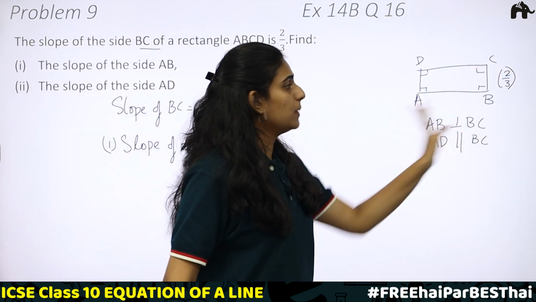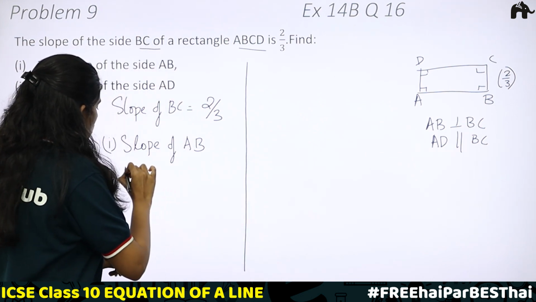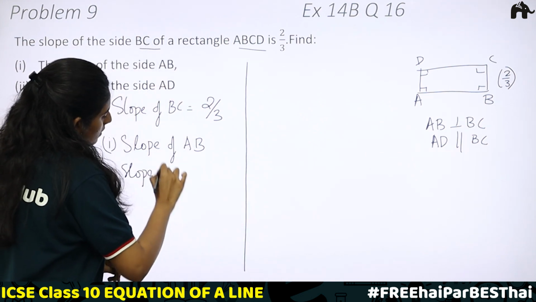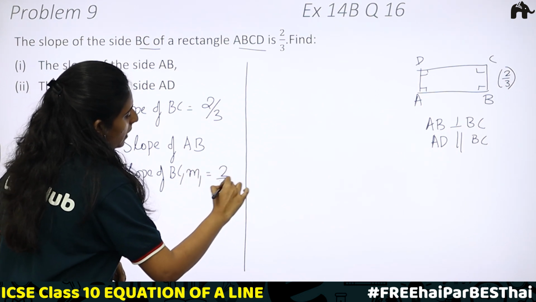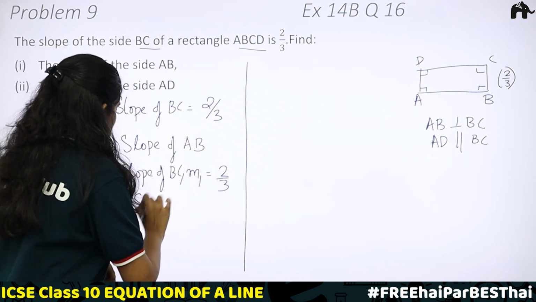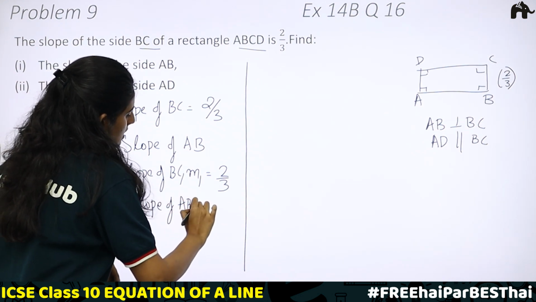AB is perpendicular to BC. I am taking the slope of BC as M1, and M1 is equal to 2 by 3. Let the slope of AB be